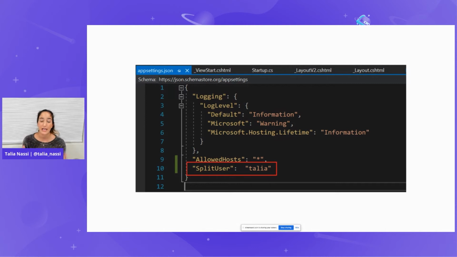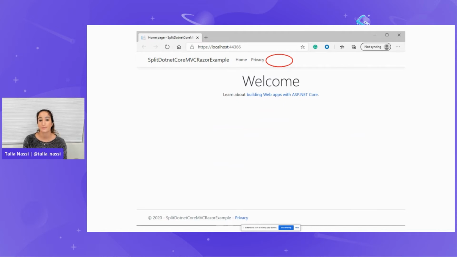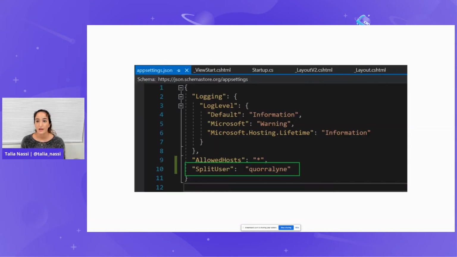And you can't just put in any username, because unless it's a user that you put inside of your Split segment that's assigned to this treatment that you had in the UI, the response from Split is going to be off. So for example, if I put Split user as Talia, you're not going to see this new nav link when you run the app in the browser. Since the visibility of the new layout has been toggled to off, that's the reason why, because I'm not targeted in the UI. So you can see that I'm getting the old layout, but now I'm going to change